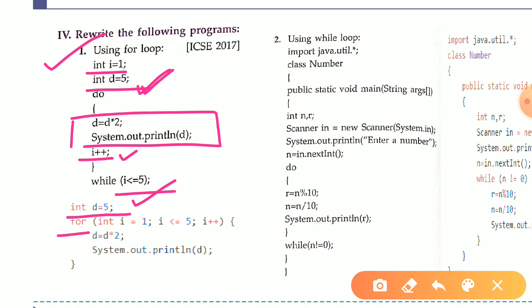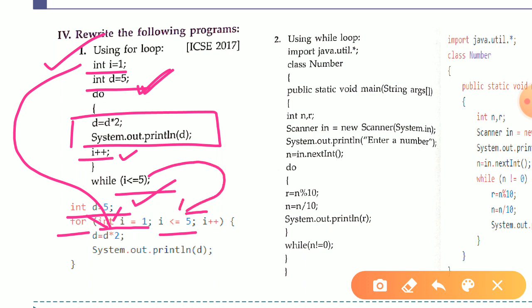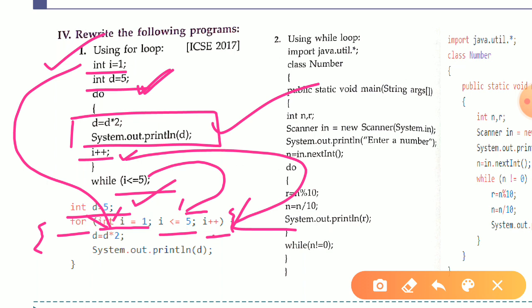Now within this for loop you are going to divide it into three portions. Firstly the initialization phase, that is going to give you int i equals 1, this one. Yes, now for the second one, this condition, from here it is going to be there. Now for the updation, i plus plus, here it is going to be. Okay, now these brackets, either you start this bracket from here or you start this bracket from here, it depends on you, both the things are same. Now the statements, or you can say body of the loop, will be written like this. Okay, as it is printed over there also. I hope that this conversion is clear.